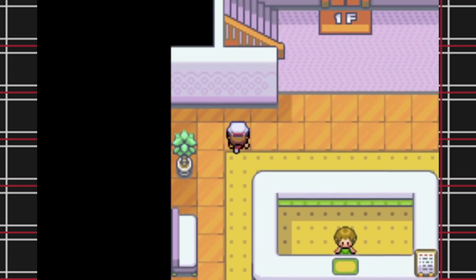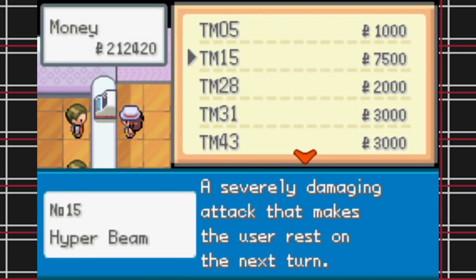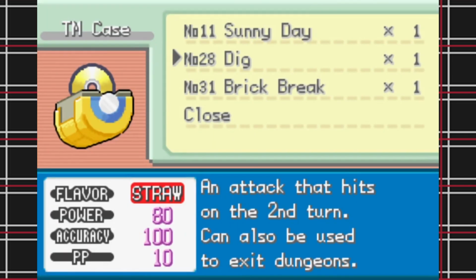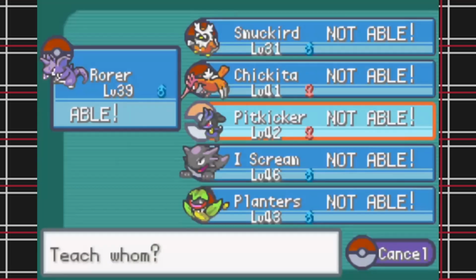We've got the big department store. I can actually buy TMs here. And look! Dig! It's a strawberry move. I can finally teach Pit Kicker a move she'll actually get stabbed from. All I've got to do is use this TM and...